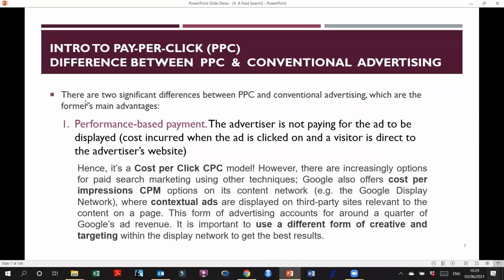All right, let's talk about the intro to the pay-per-click model. This is a payment model, or business model, between you as an advertiser, as a business owner, and the Google platform, which is the other business that provides you with the service of advertising. So the business model here is pay-per-click. Let's talk about the difference between pay-per-click and conventional advertising, and see why it is more